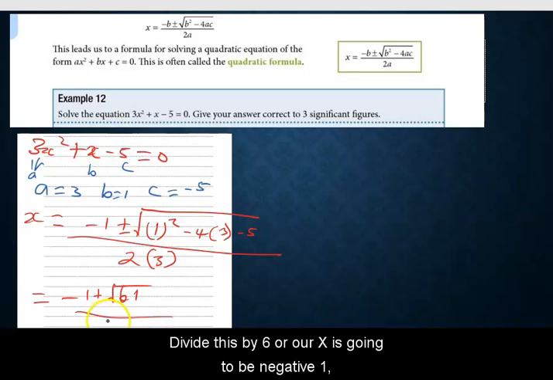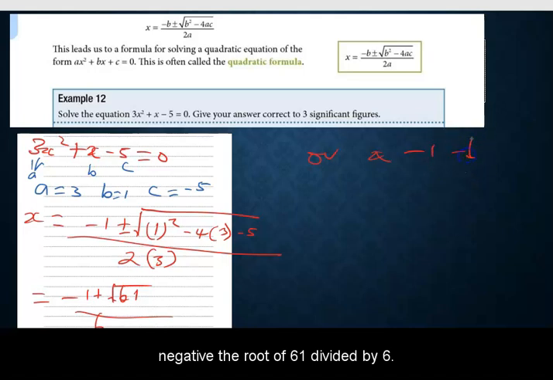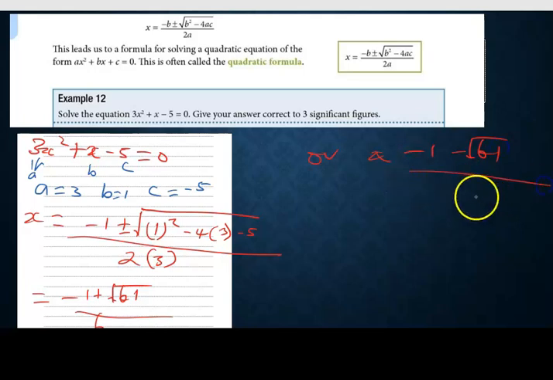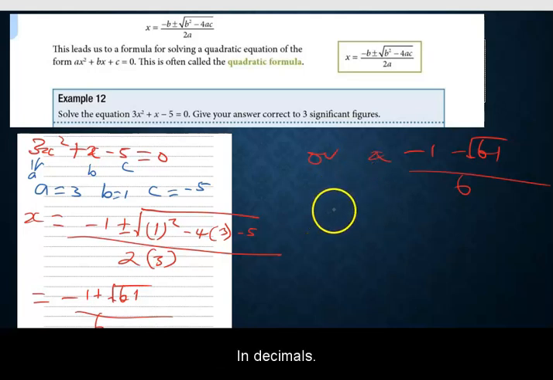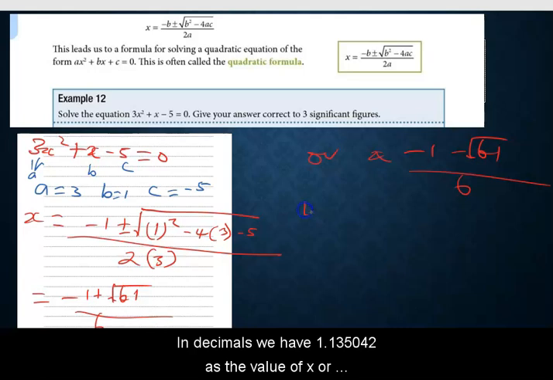Divide this by 6. Or our x is going to be -1 negative the root of 61 divided by 6. And you can leave your answer this way, or maybe in fractions, in decimals. In decimals we have 1.135042 as the value of x, or